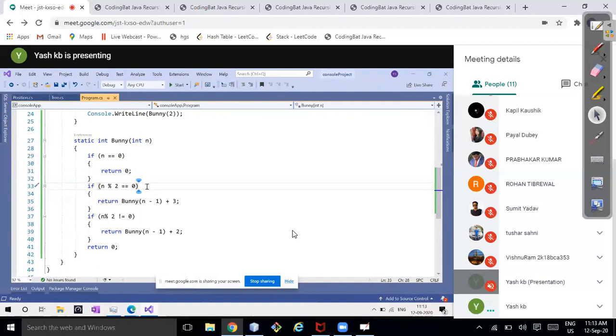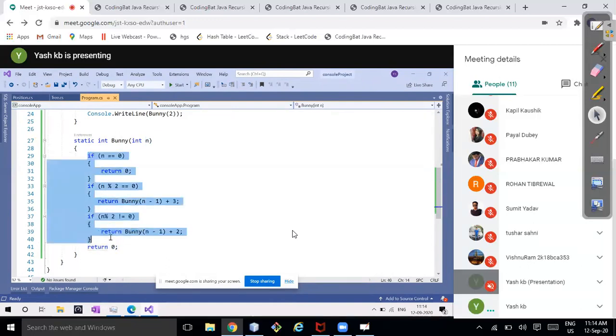Now the question here is why at the end you are returning something? If I see this code, from a logical point of view this last return 0 does not make any sense, right? But why is that needed? To exit the function, if the input is 1, or if the input is 0, we have to return.